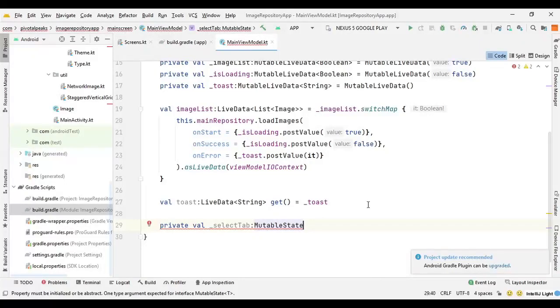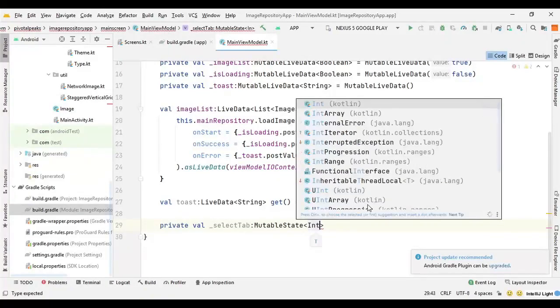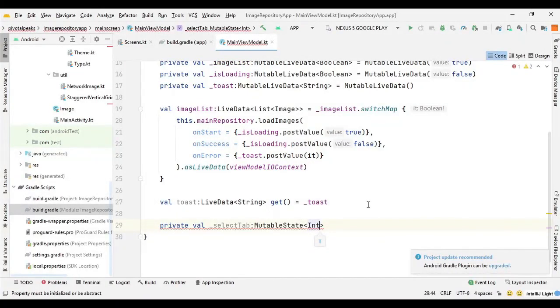So the mutable state is the mutable value holder, and it reads the value of this property during the execution of this composable function, and it needs to be of type int, and then we can initialize it with mutableStateOf.